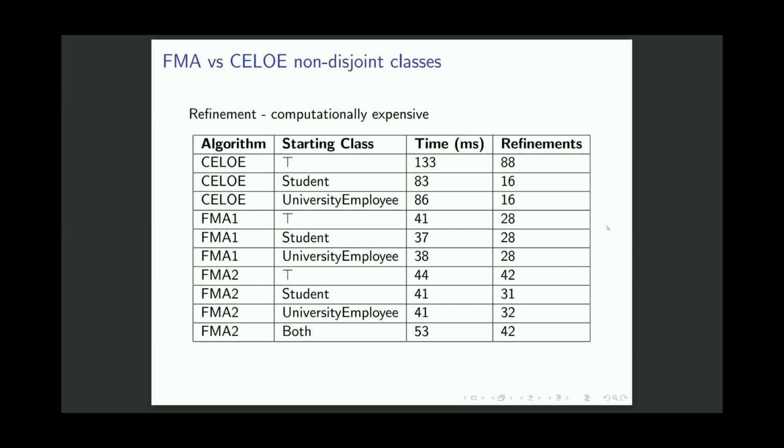The testing on the non-disjoint classes. Here we used the number of refinements as a metric because refinements are the most computationally expensive part of the algorithm. So the less we need to specialize a class again, the better. And this is on the non-disjoint set, so basically on the really small one that we thought our algorithm would work better on. But looking at the result, if you give the base algorithm a good starting class, it outperforms our implementation.